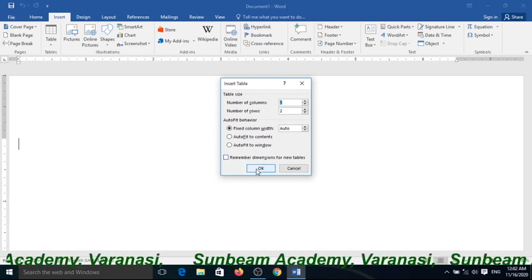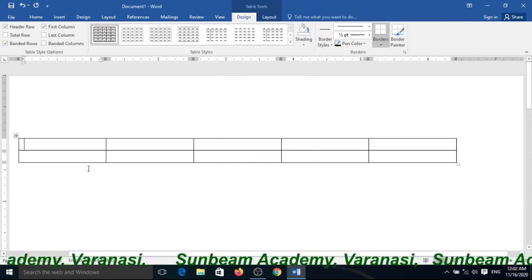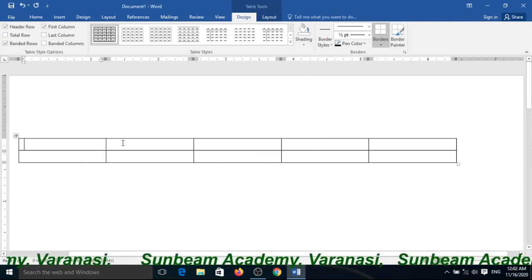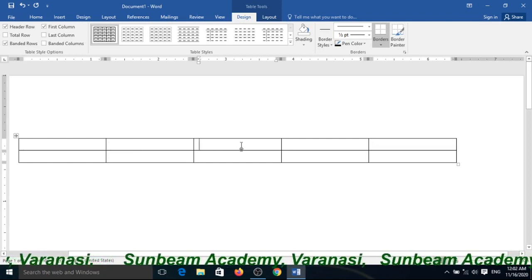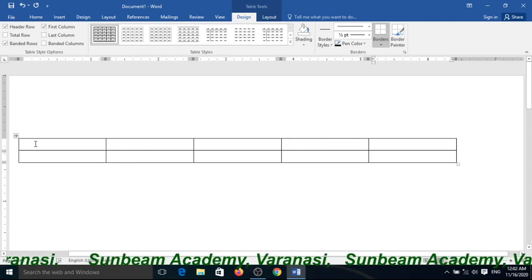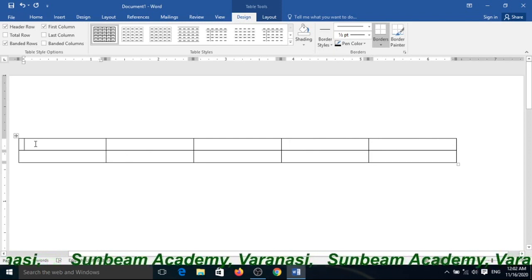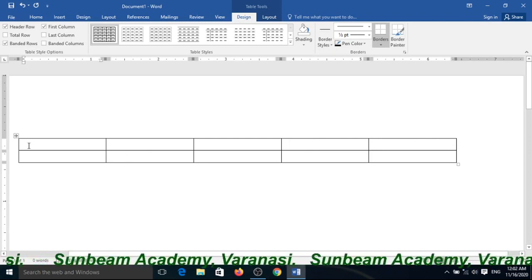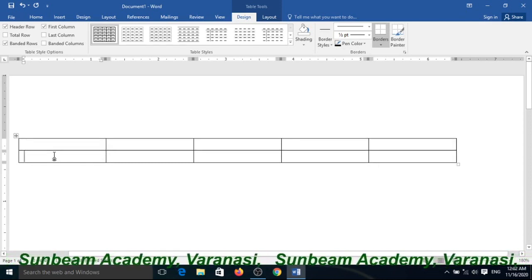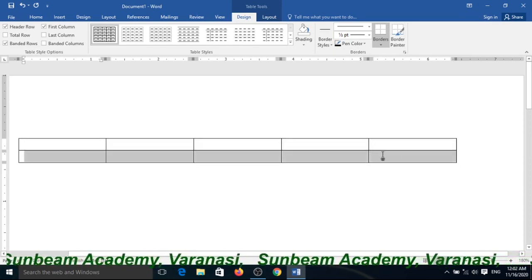Click on OK. See, there are five columns and 2 rows, the first row and the second row.